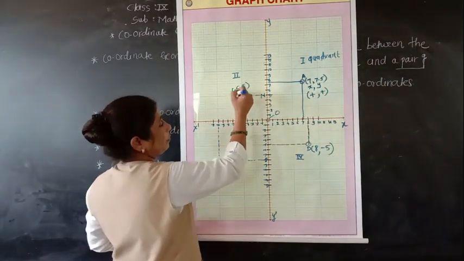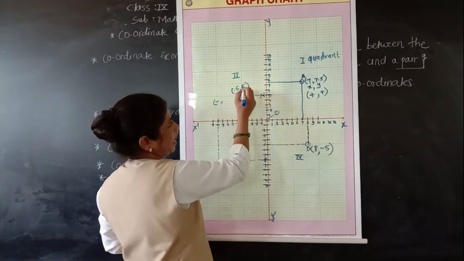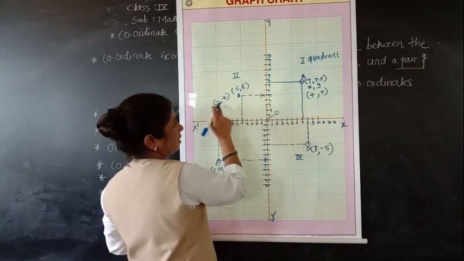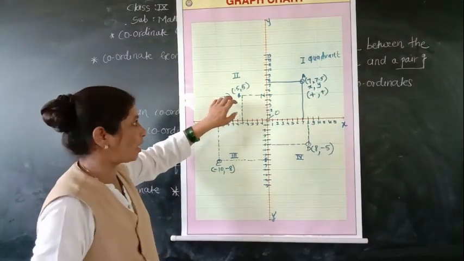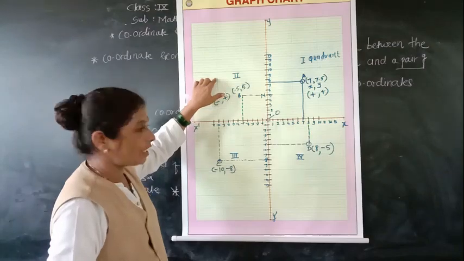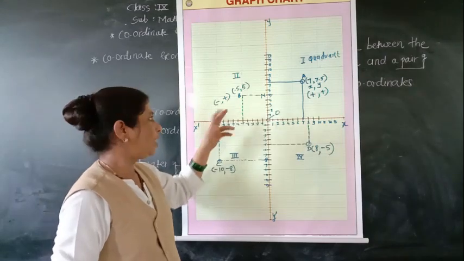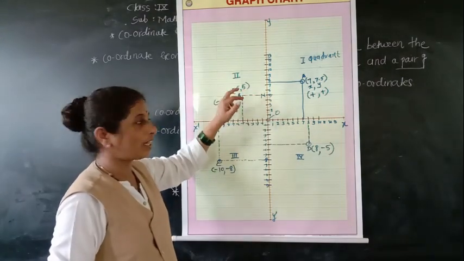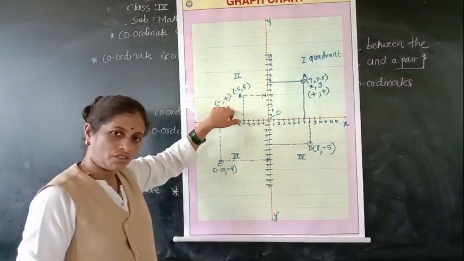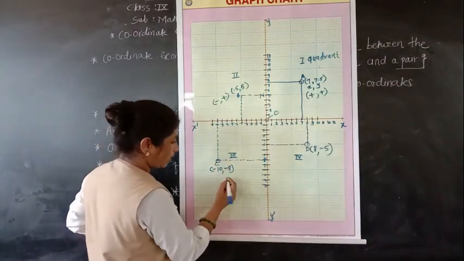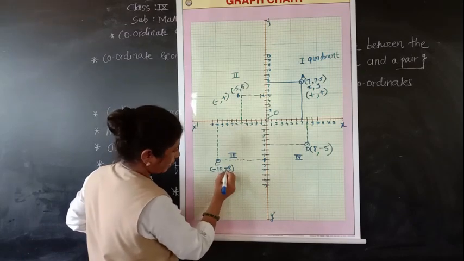Here for B, the sign of the x point is minus and the y point is plus, meaning the first is negative and the second is positive. So the abscissa is negative and the ordinate is positive. In the second quadrant, the signs are negative, positive. If the coordinates of a point are given and the first is negative and the second positive, it lies in the second quadrant. Understood? Similarly for the third quadrant, the x axis value is minus and the y axis value is also minus.